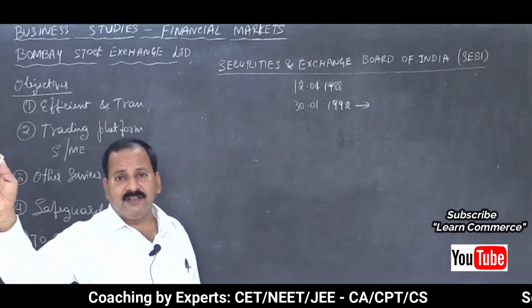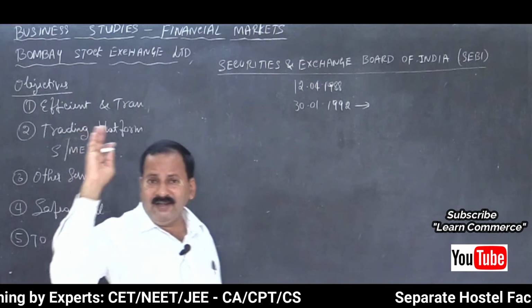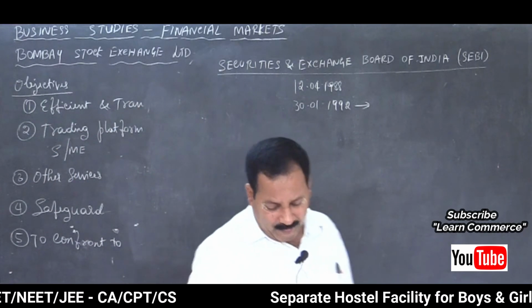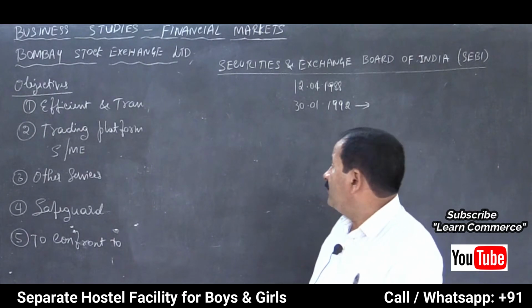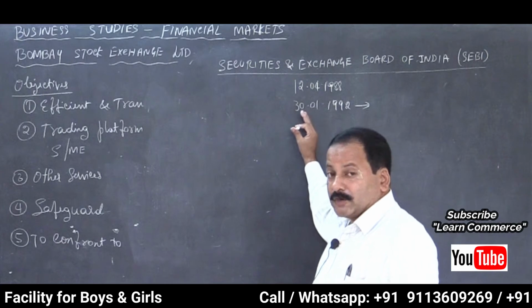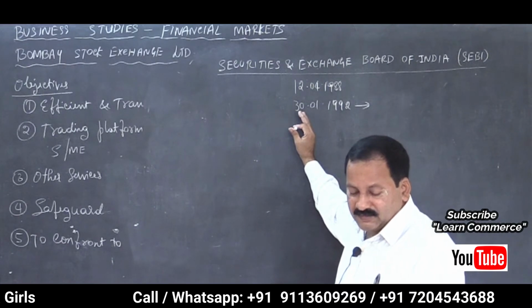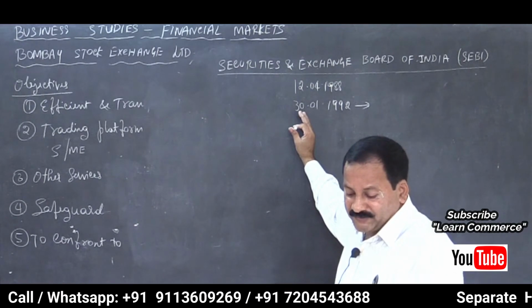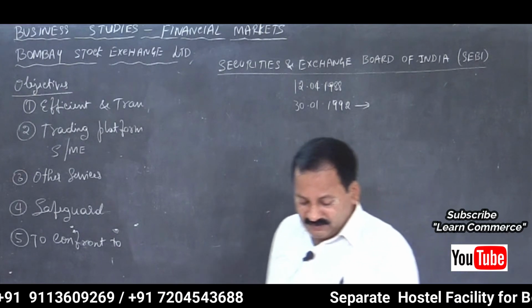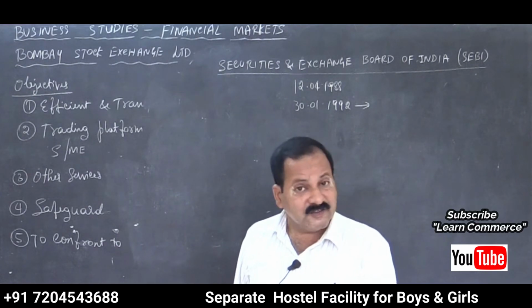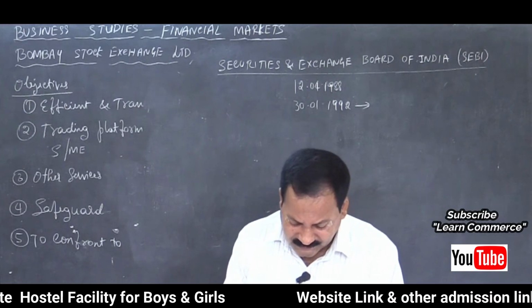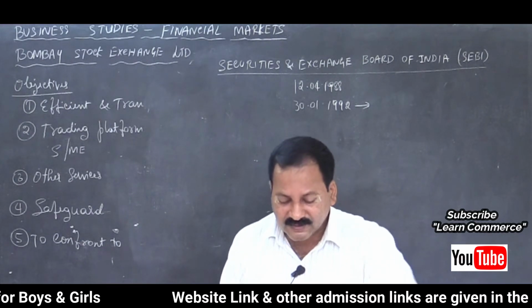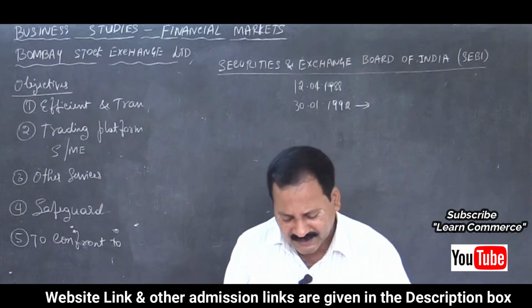And if it is at the central level, then it is in the Parliament. So SEBI was given a legal status. It was made a corporation by passing an ordinance in the Parliament, and it was established under a special act. Why was it established? Because the growth of the capital market during the 1980s increased like anything.